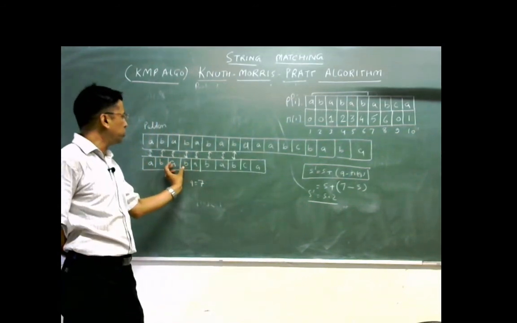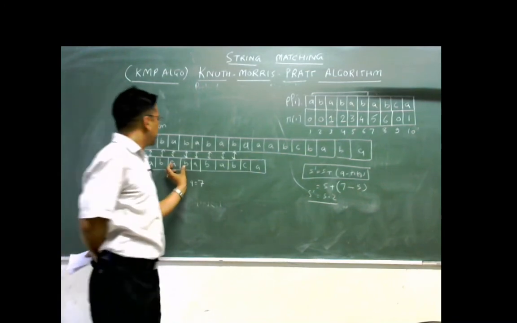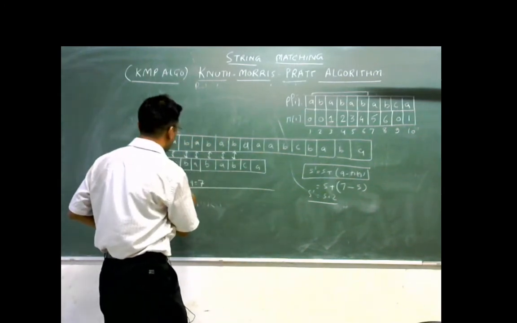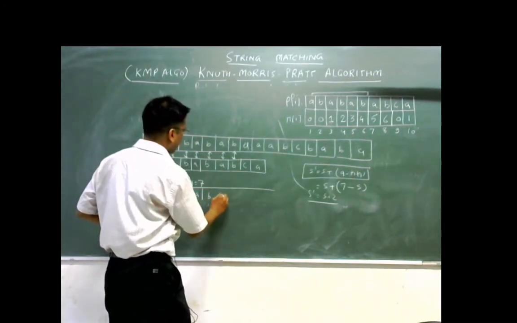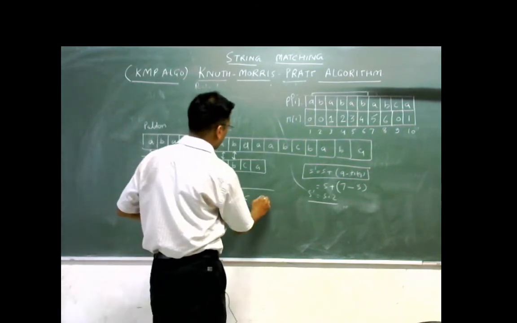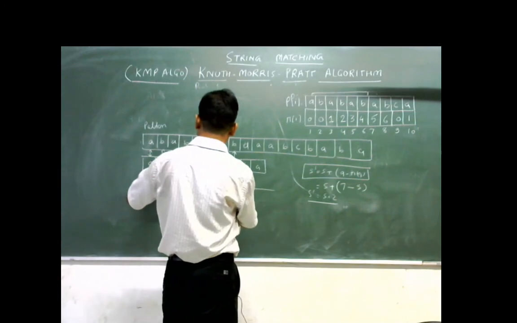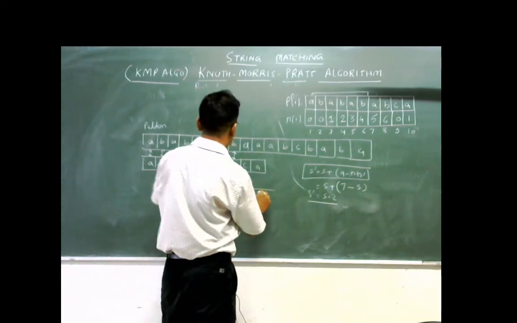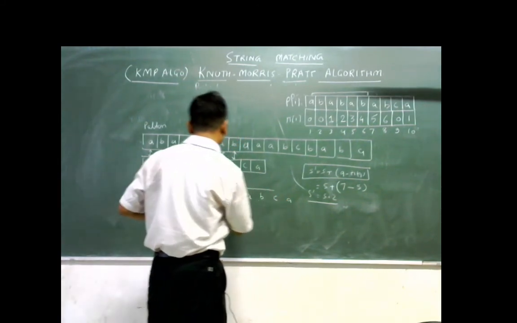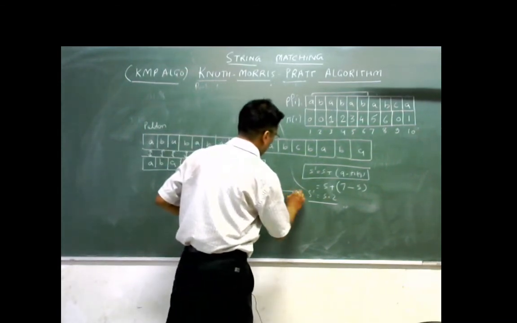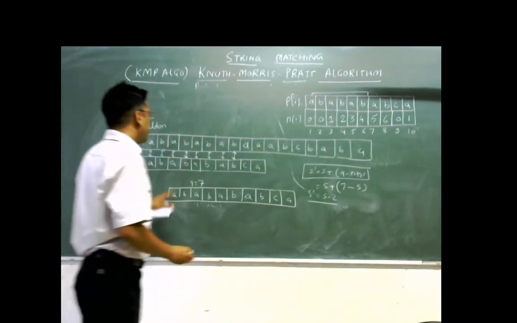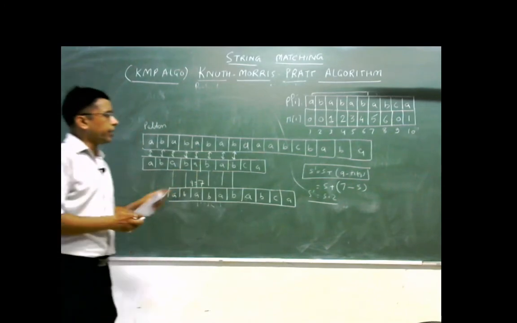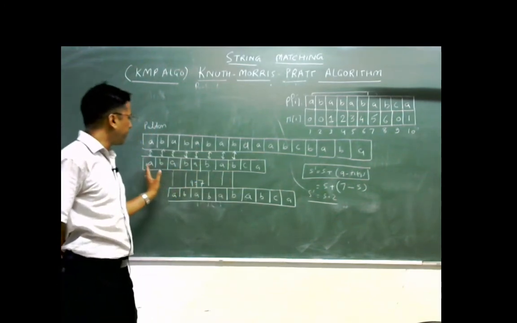After jumping 2 position, you shall again find out the possibility of match. Suppose again if I shift this position, then A B A B A B, sorry, A B A B A B and A B C A. A B C A. Here again we shall find out the match of 6. Now this is the possible situation and we have bypassed B here.